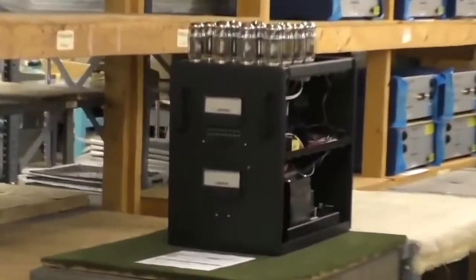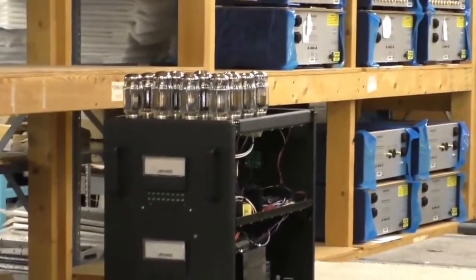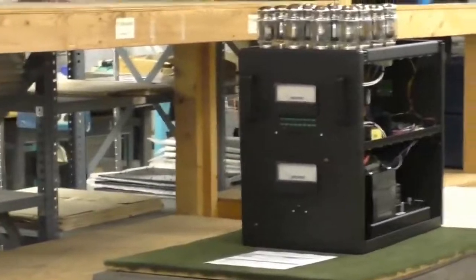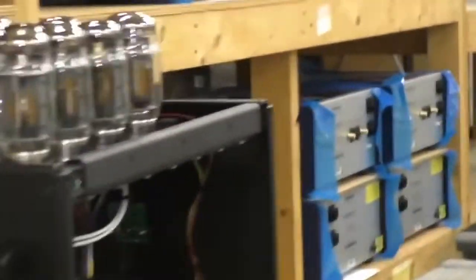Now, what is that amplifier right there? That's the 750 monoblock. That's our biggest amplifier. Yeah, that is big. There are only two people in the factory that are permitted to build those. And what do those sell for? It's 60,000 a pair. 60,000 a pair? Yeah. And we actually build those on